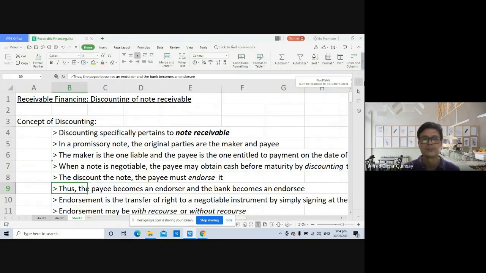So, ayan. So, dahil gusto niya matanggap na kagad yung pera, yung cash, so, in advance. So, that's the reason why pinapa-discount niya na sa bangko. Yan. So yung bangko ngayon, siya ngayon yung makakatanggap nung pera kasi advance na ng bangko doon sa endorser, no, yung original payee. Okay? So i-advance yung pera tapos yung bangko na ngayon, siya na ngayon yung recipient ng receivable, no, from the maker. Okay, yung original na